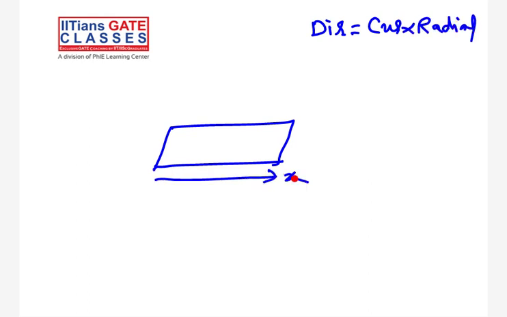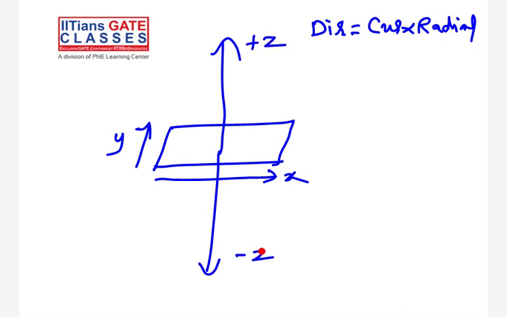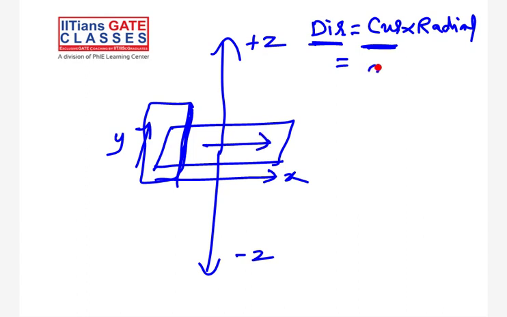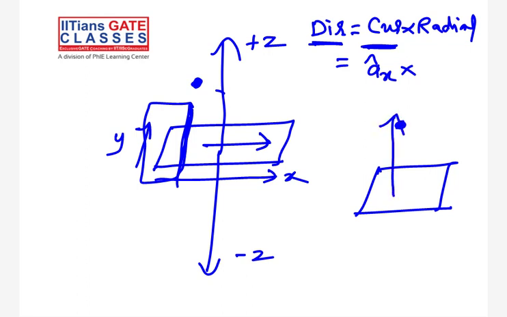So this is your XY plane. You can see here, this is your XY plane. So what is the radial direction here? This will be positive Z, right? Yes. This will be positive Z and this will be negative Z. So suppose this is the loop you have considered. When you are on the top side, what will be the magnetic field direction? Current direction is same. So let me define the surface current is in the X direction. When you are on the top of the surface, on this particular point, so this is your sheet and you are on the top of the surface, what will be the radial direction here? Is it positive Z or negative Z? Good, it's positive Z. What will happen when you are below the sheet?